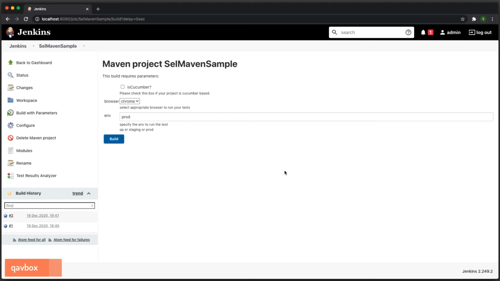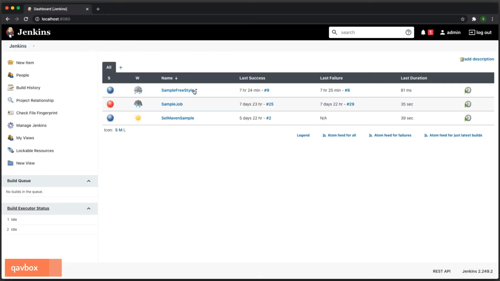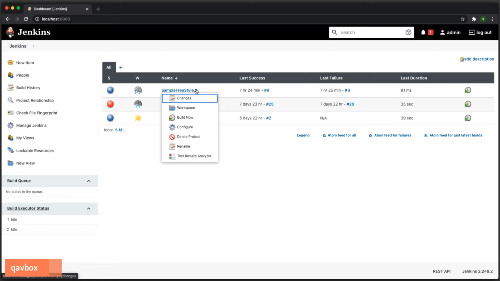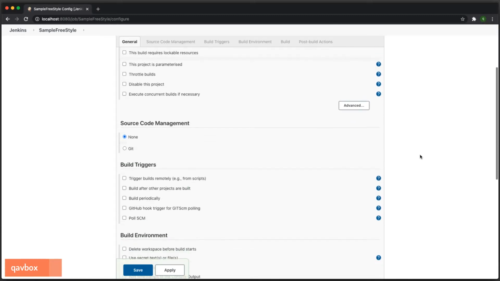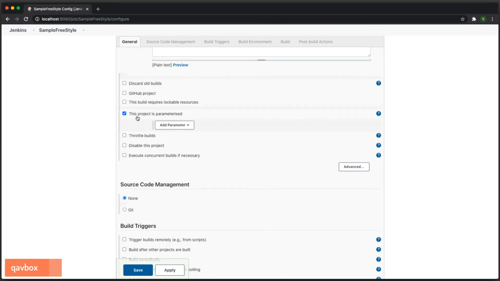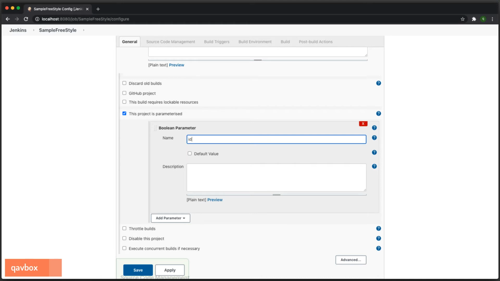Okay, so basically we have got the front end to select certain options, but how do we link this with the project? That is what we are going to see. For this, just keep this thought. I'll go to my sample freestyle project just to show you how the details are coming. This is again the same thing I'm doing. So let me do all these options very quickly. Boolean parameter, and I will say